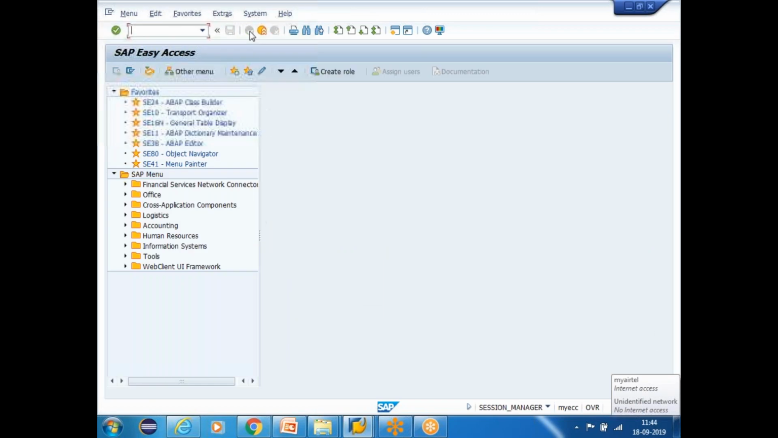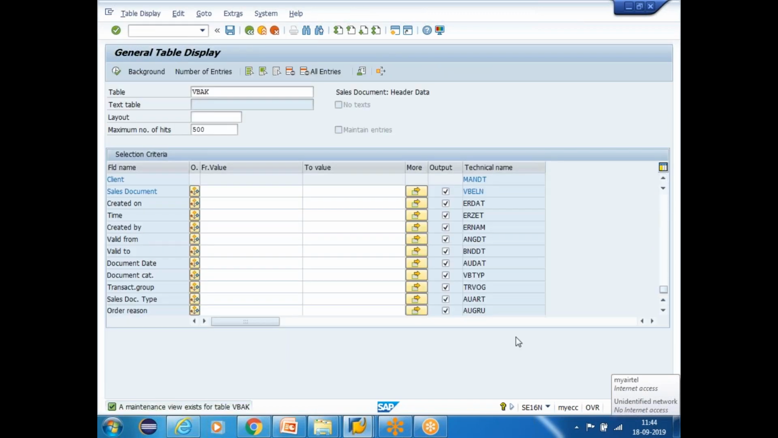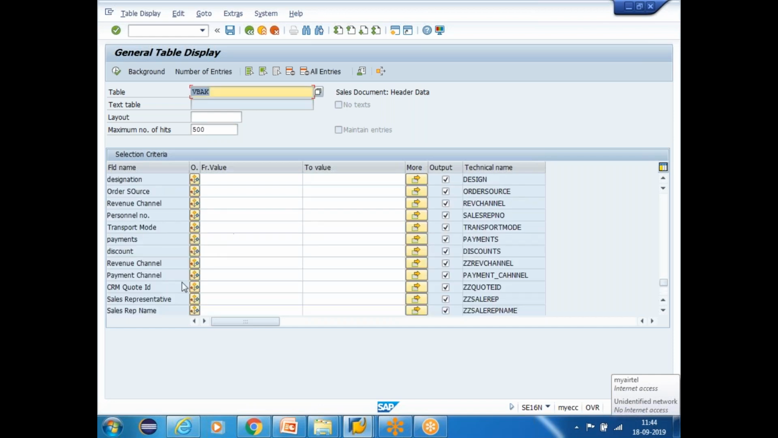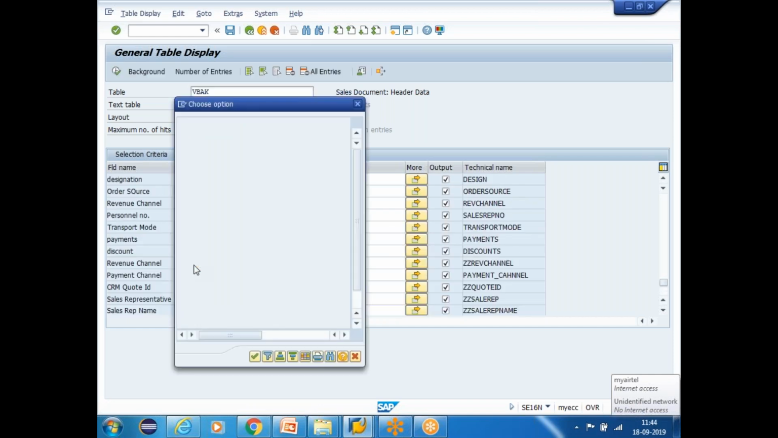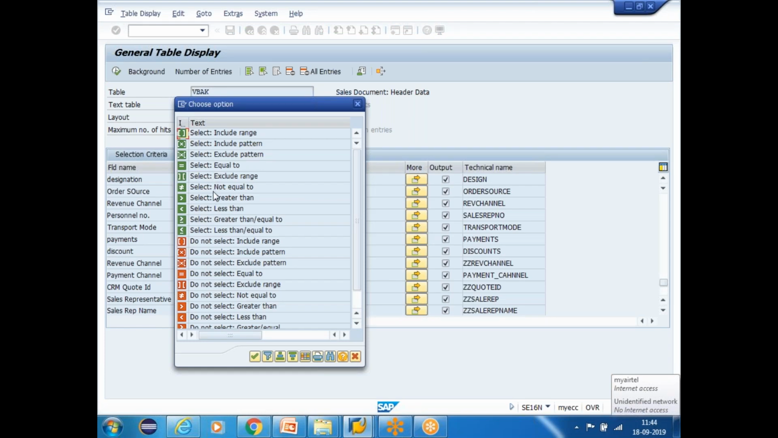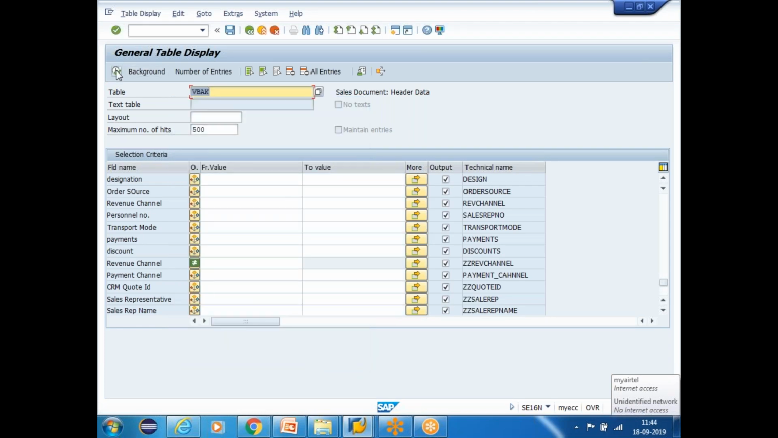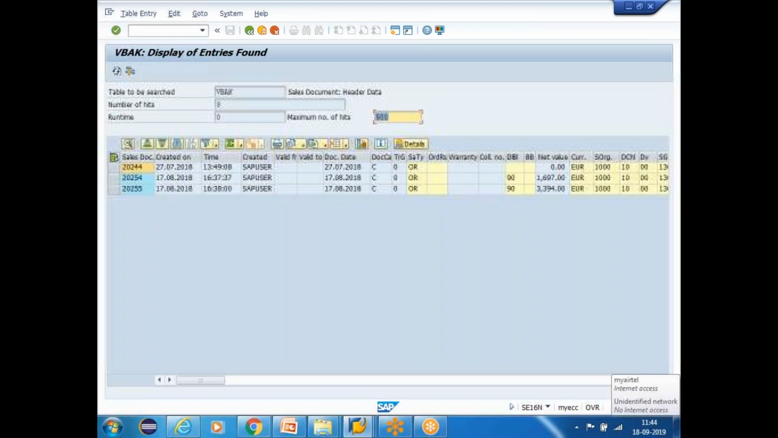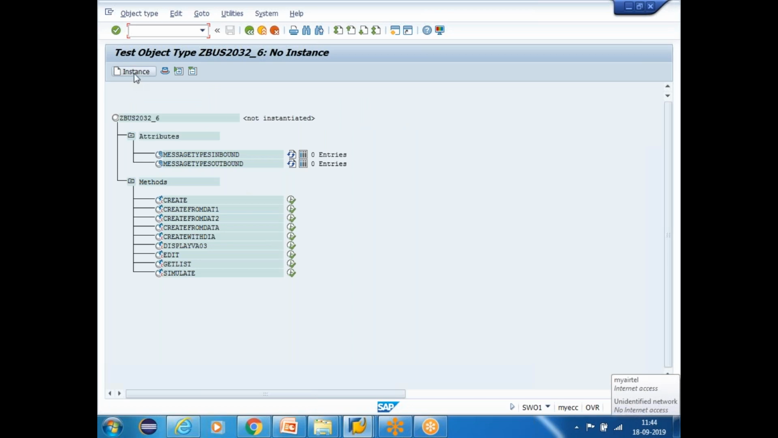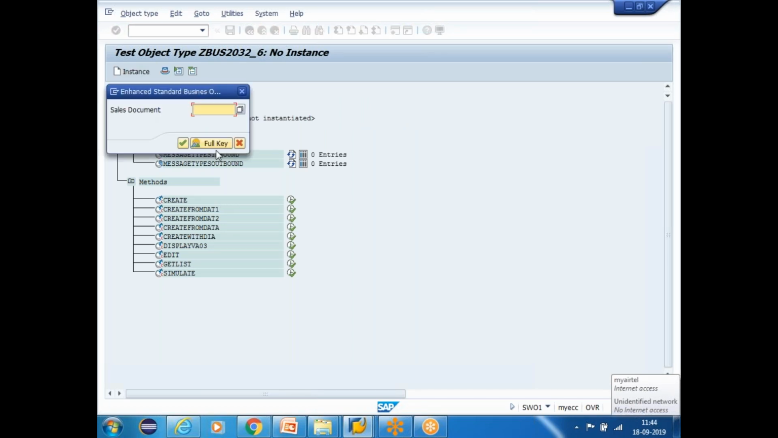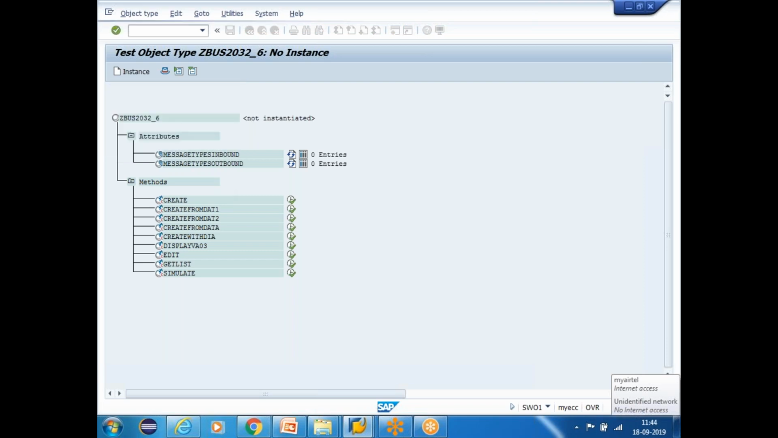Maybe I use SC16N and go to the fields, and maybe my field revenue channel not equal to space, which is having the records. I'm taking it, and my sales order is 255, and take this order. And see, guys, you need to create an instance, and my instance is, this is my key, sales document number, and